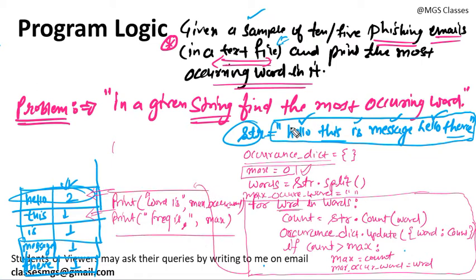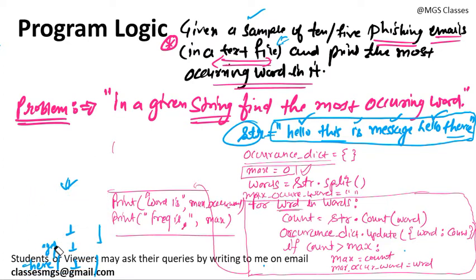Now let's dry run this with this case. Let's suppose the string is hello. So what is the occurrence dictionary I am going to maintain here? I am dry running it so that you can get a clear idea of what I am trying to say. So I am creating the blank dictionary here, let's suppose. It will look like this.